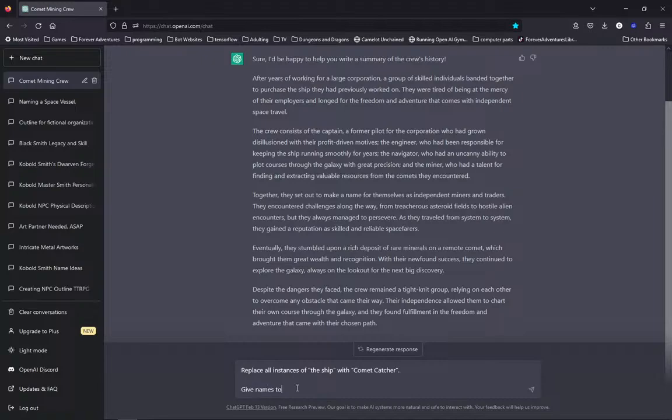Give names to the members of the crew. Now, I'm giving names to the members of the crew, but I wouldn't necessarily assume that the individuals who are going to borrow this particular organization would use those names, right? Because you're going to go out and you're going to find characters to fill these positions from the World Nexus. And Silver Dolphin, nice. I actually will change it to Silver Dolphin. Let's do it.